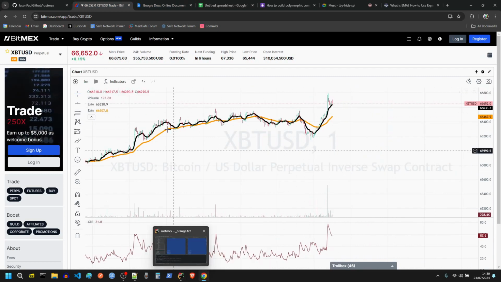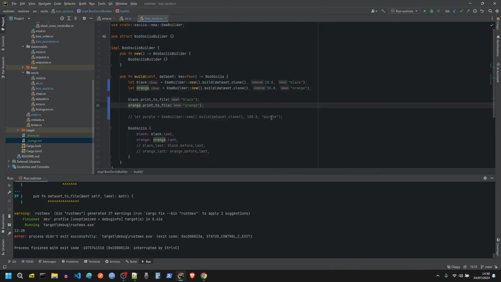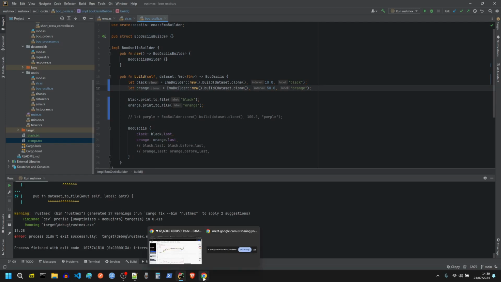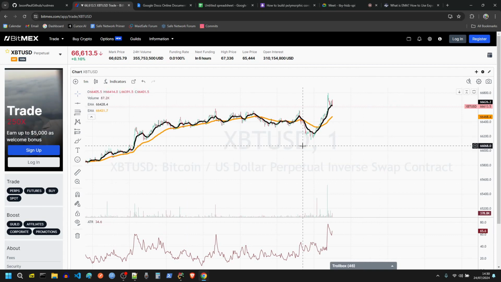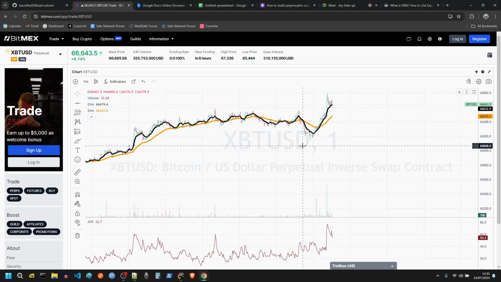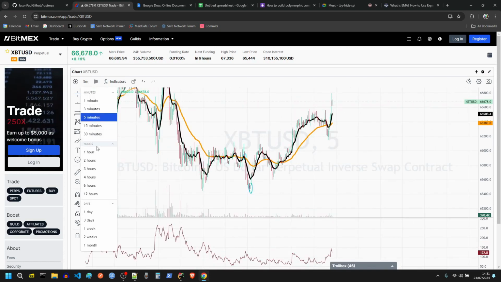So what I can do now is I can add much more complexity if I wanted to. What I originally planned to have was more than just black and orange. If I were to switch to my BitMEX account, you'd see that there was actually a long list of EMAs, and they would all be analyzing in the minute. And the benefit of using Rust is not only that the concurrency in Rust is pretty cool, but also it's very fast. It's able to run these calculations really quickly and not only find me good scalping trades, but look at, say, for example, 1 minute calculation, 3 minute calculation, 5 minute calculation, an hour,